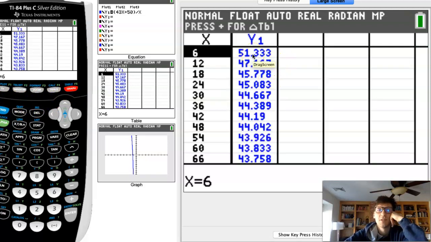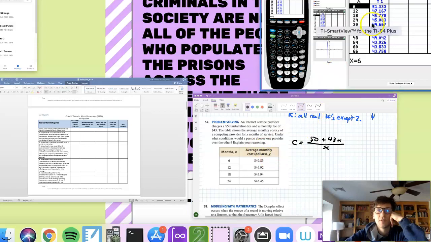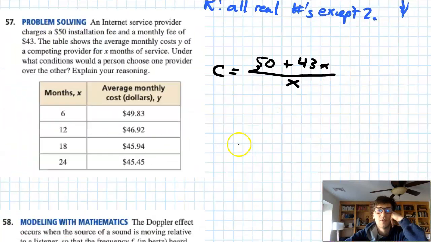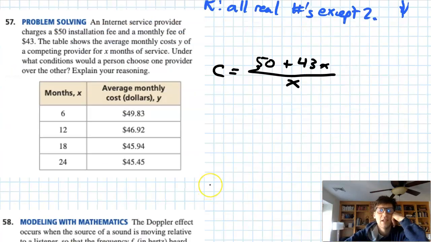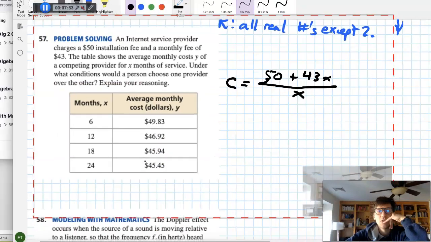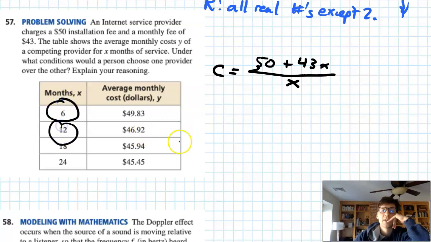At 6 months it's 51 1/3, so it's more expensive. At 12 months it's $47, which is still more expensive. At 18 months though, it's $45.78. So somewhere between 12 and 18 months you would want to choose the original plan. This competitor's plan we see is cheaper at 6 and 12 months, whereas it's more pricey starting at 18 and 24 months. So we would choose the competitor as the better choice